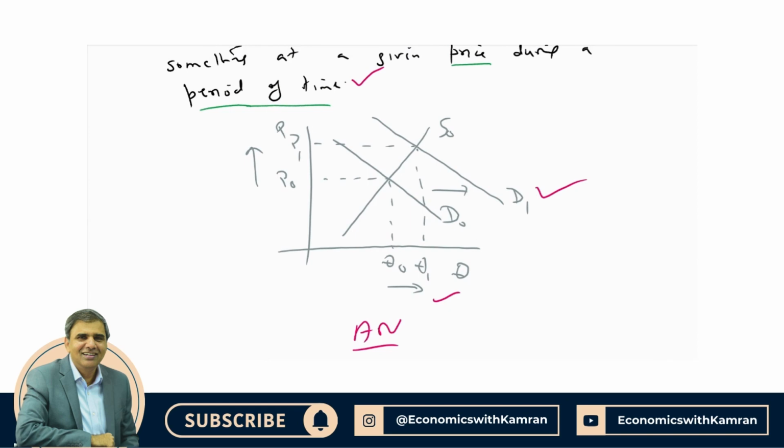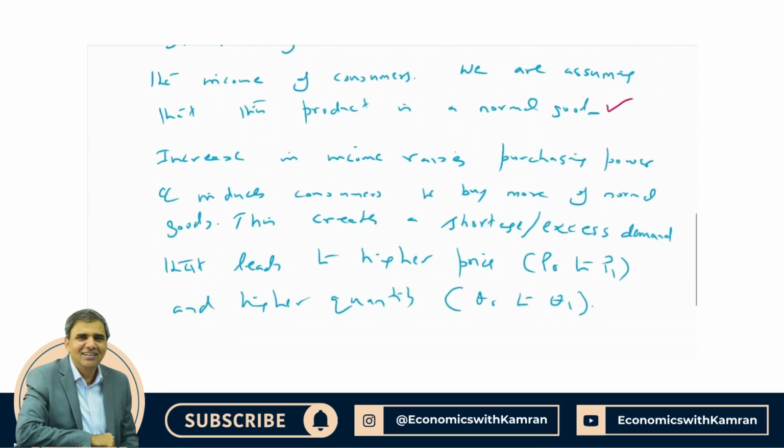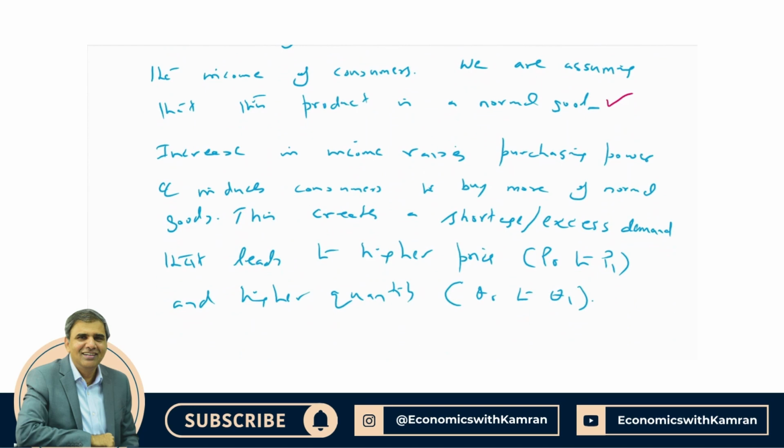there is equilibrium, demand and supply are equal, but when the demand curve shifts to the right, there is a shortage, that is the blue line. This shows the shortage. Shortage means there are consumers who are unable to get the product. This will raise the prices from P0 to P1 and quantity will go up from Q0 to Q1. So that's how we can get 2 explanation marks for the analysis. So now we have scored 3 out of 3 knowledge marks, 3 out of 3 analysis marks, and we will